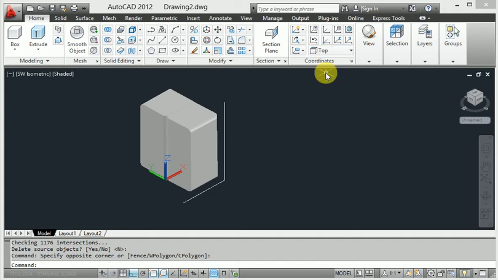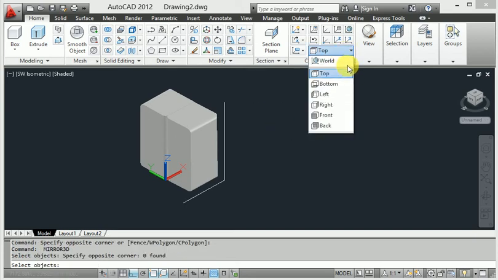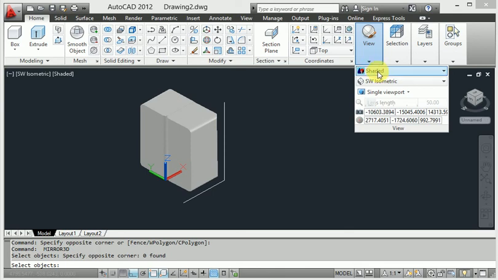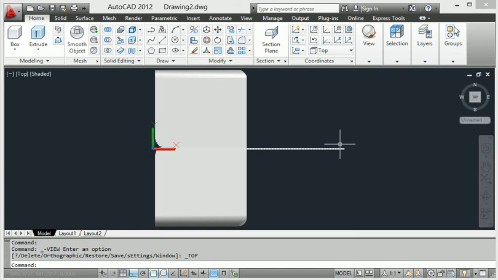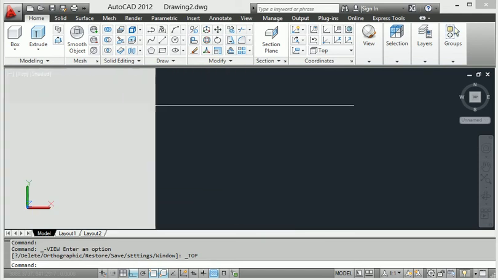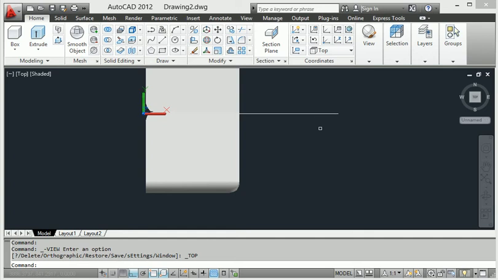Look at this top view. When I get the top view here, it is like that: the line has been created this way. It makes the mirror.